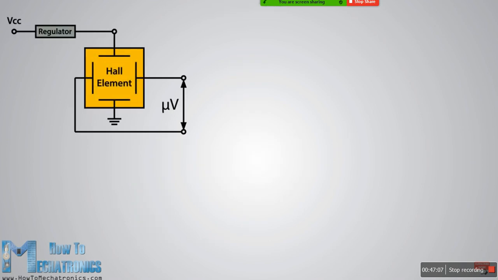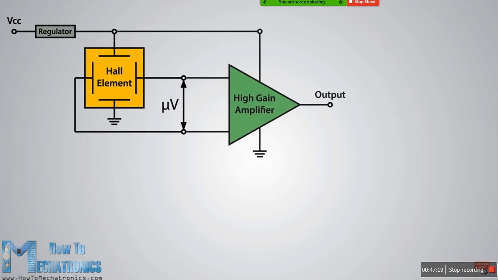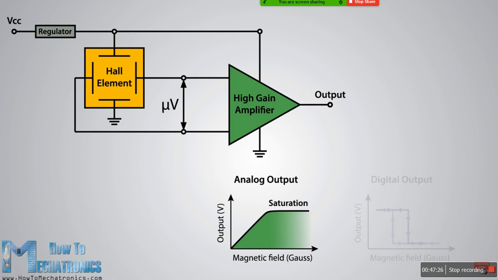The basic Hall element of the Hall effect magnetic sensors mostly provides a very small voltage of only a few microvolts per Gauss, so these devices are usually manufactured with built-in high-gain amplifiers. There are two types of Hall effect sensors, one providing analog and the other digital output. The analog sensor is composed of a voltage regulator, a Hall element, and an amplifier. From the circuit schematic, we can see that the output of the sensor is analog and proportional to the Hall element output, or the magnetic field strength.